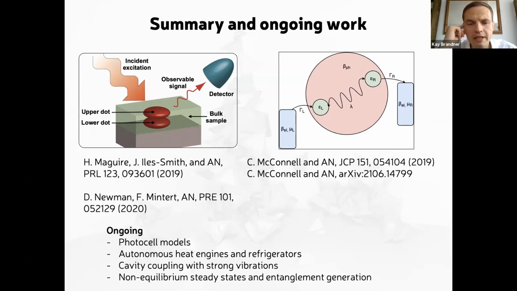Okay, thank you. Could I do that for different environments, or is it specific to these bosonic harmonic modes? No, you can map anything really, and others like Philipp Strasberg and Gernot Schaller have done it for fermionic environments as well. So in the transport case, one thing Connor and I wanted to do but didn't have time to do during his PhD was map leads and phonons to look at interferences in strong coupling between fermionic and bosonic degrees of freedom.